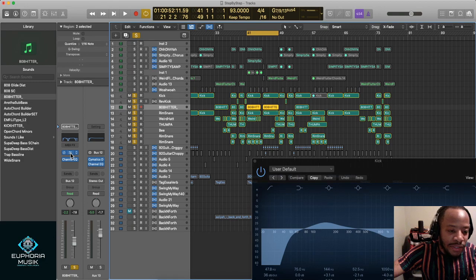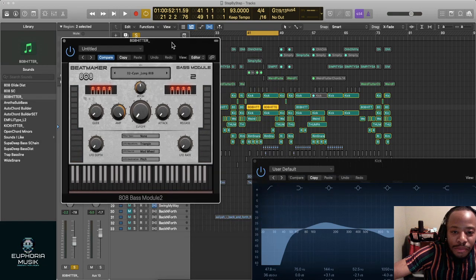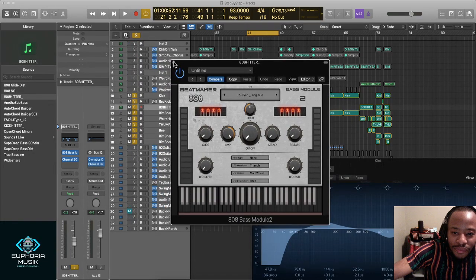I have a specific plugin that I use for 808s. This is just the one that's stuck with me so far. I'd like to try some other 808 plugins, but this one is Beatmaker 808 Bass Module 2. I don't know where I found it, but got it, and it's really cool.